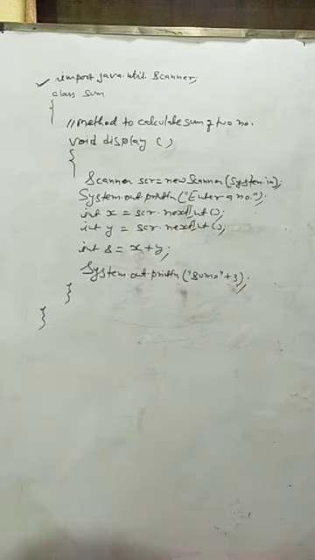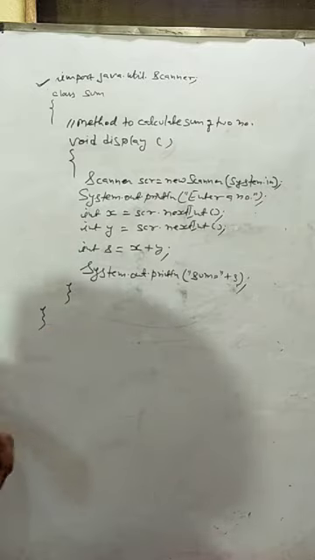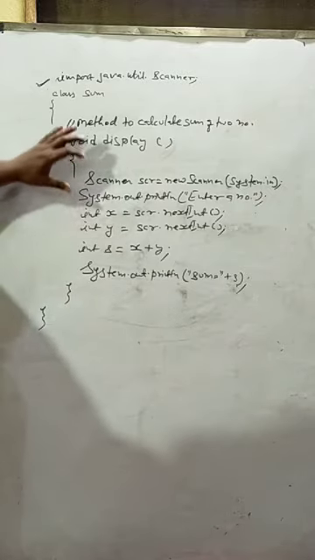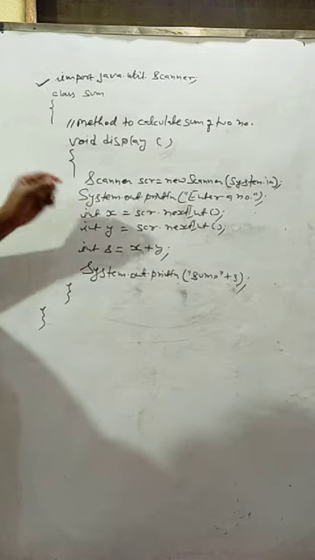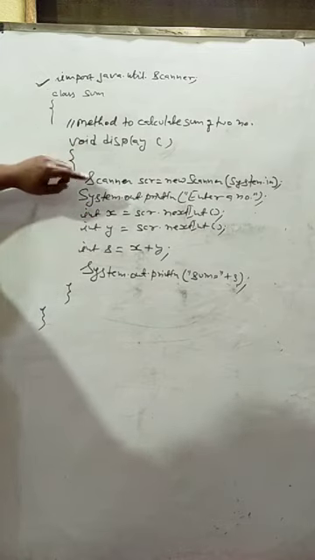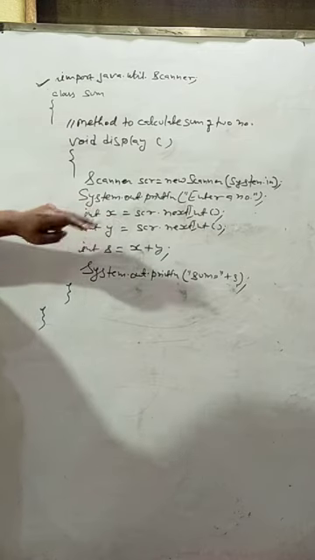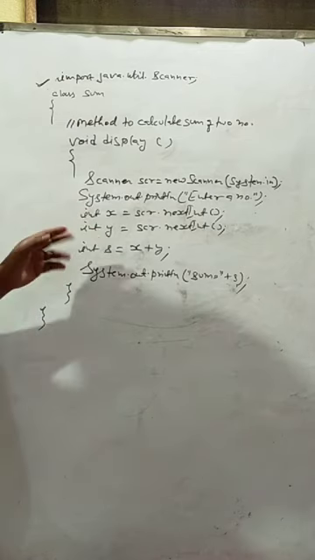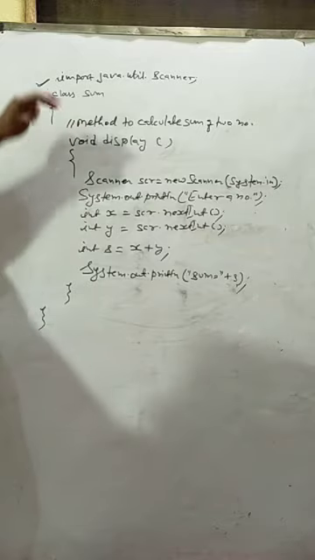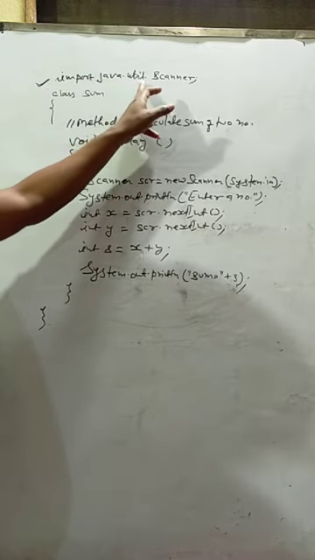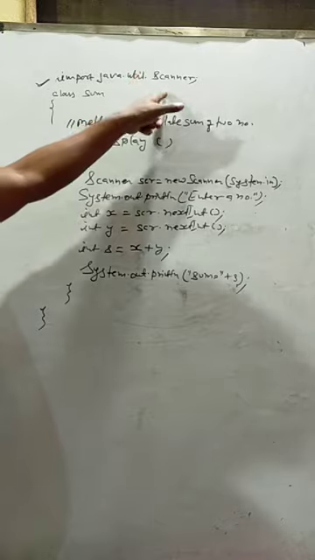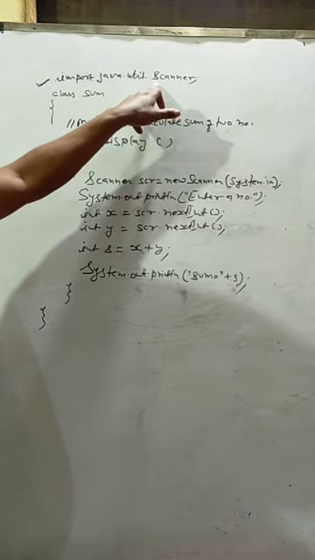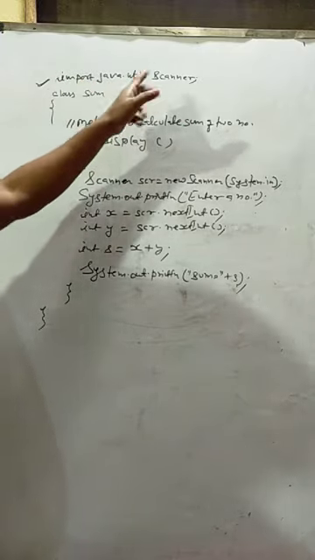This is the basic format of a program using the Scanner class. The Scanner class is basically used to input values. So we are entering two numbers of integer type, one is x, one is y, using the Scanner class. So the format is this. First of all, we have to import the package. This is the name of the package: import space java.util.Scanner. Here S is capital.